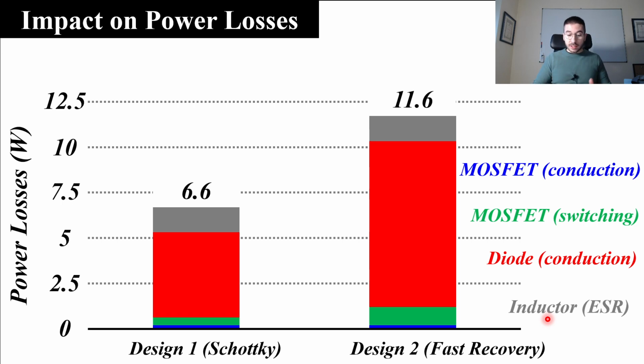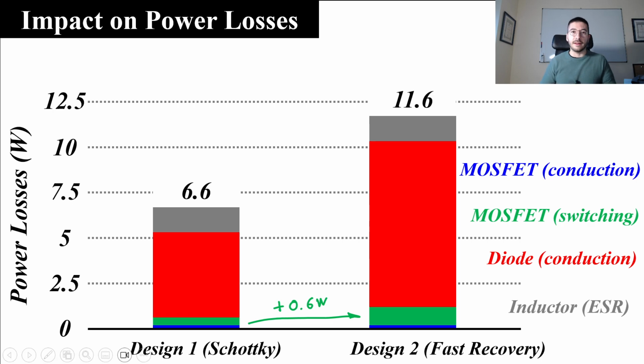So in the previous design, the total power losses were 6.6. We already talked about this result. And in the new design, with the fast recovery diode, it is 11.6. Where do we have the increase of those power losses? Well, first of all, we have an important increase in terms of MOSFET switching losses. Here we have